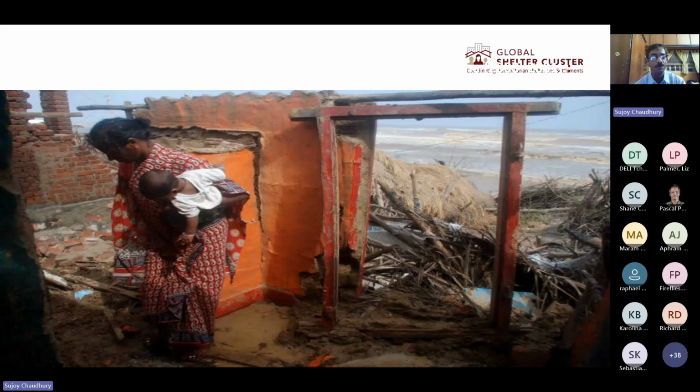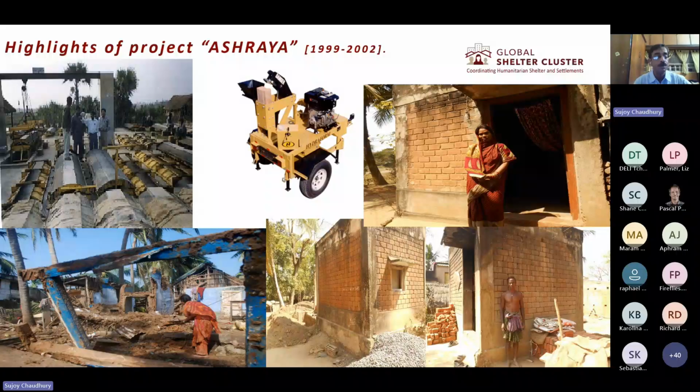I'm the third civil engineer in today's presentation, but I'm more of trying to become a sociologist. So I'll be talking about my experiences of humanitarian development projects post disasters, and I'll be talking about three case studies from the eastern part of the Indian coastline. The first one that I'm talking about is a project in Orissa, and this was in 1999, 2000,